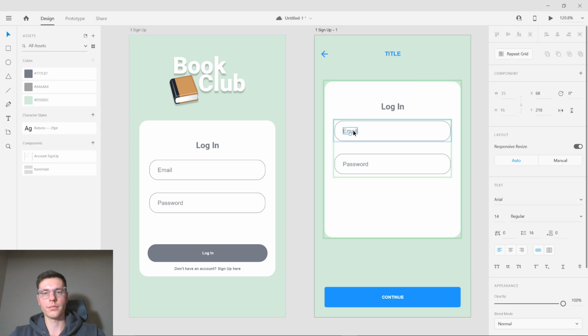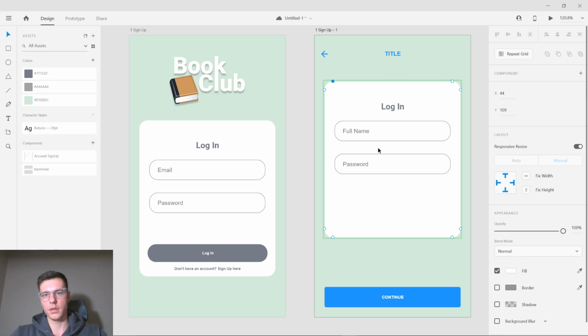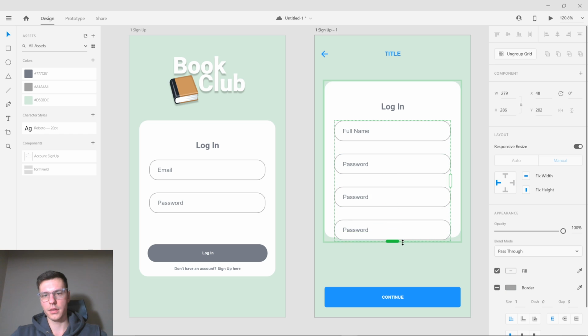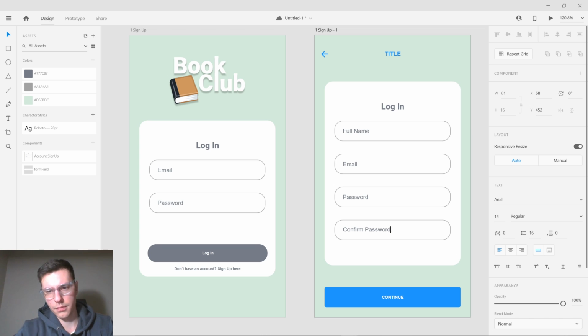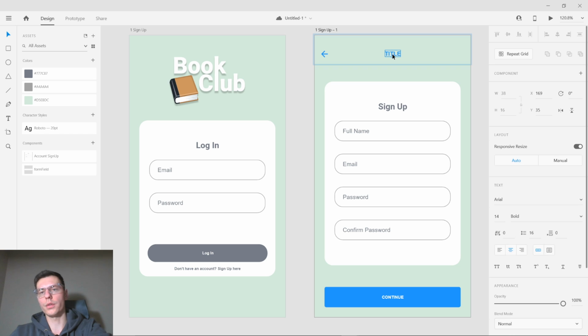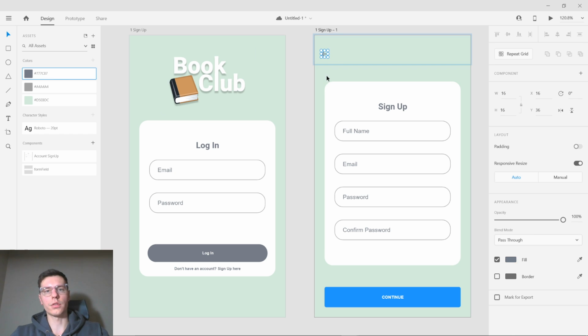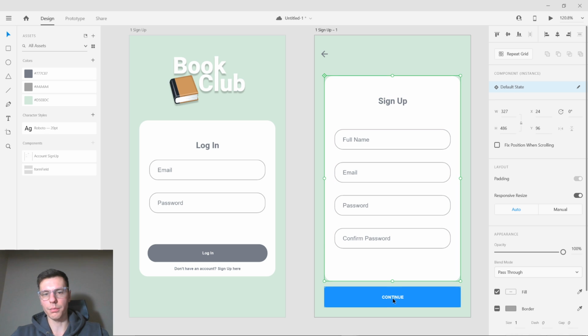So then here we need full name. And let's, if we can drag this out. Password, nice. So here we can do email, then password and confirm password. And then let's change this to sign up. We can remove the title. Don't think that's necessary. This, make it the dark gray. Move it up a little bit. Extend the card so we can put the continue button in there, but